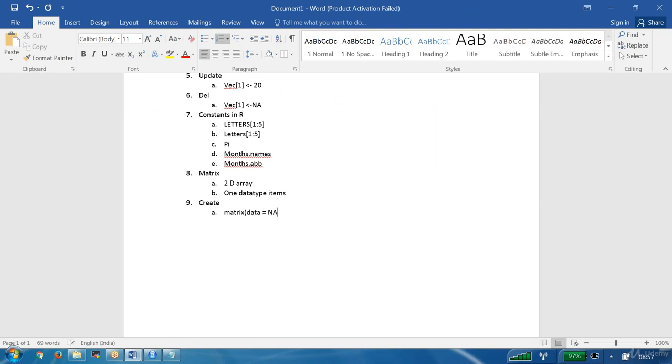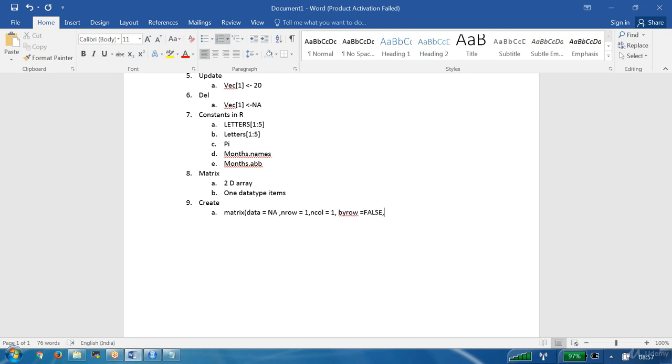Optional argument. By default it takes NA. Second is nrow, the number of rows. By default it takes 1. ncol, by default takes 1. Next, byrow is equal to what? FALSE.